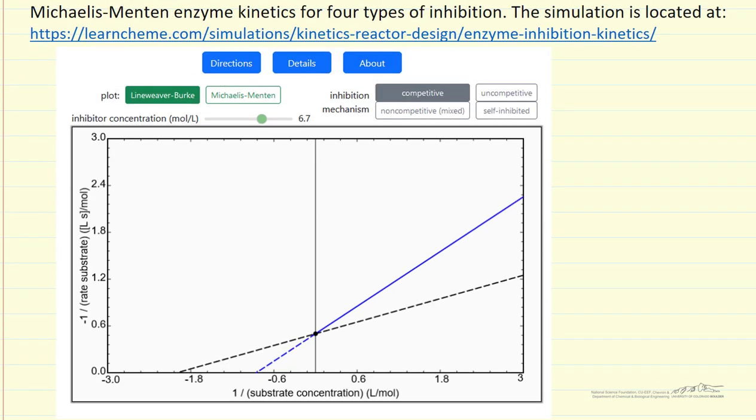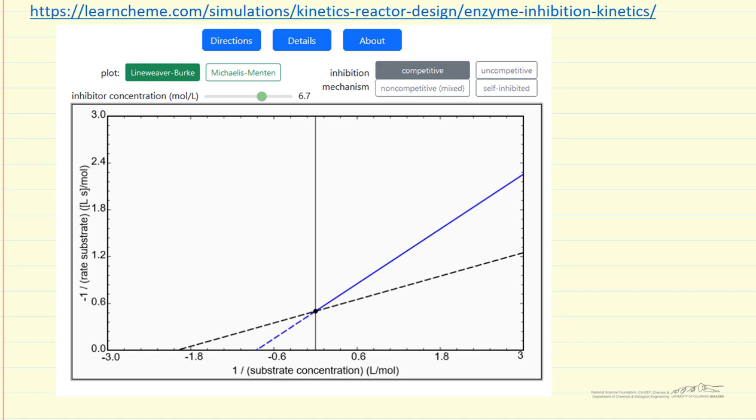So the simulation is represented here, a plot of 1 over the rate, with a minus sign because we're using up the substrate, 1 over the rate of the substrate reacting versus 1 over the concentration. Now this particular plot, known as a Lineweaver-Burk plot, yields a straight line for some types of inhibition and for no inhibition. And so what we're going to do is look at the simulation now and see how the behavior